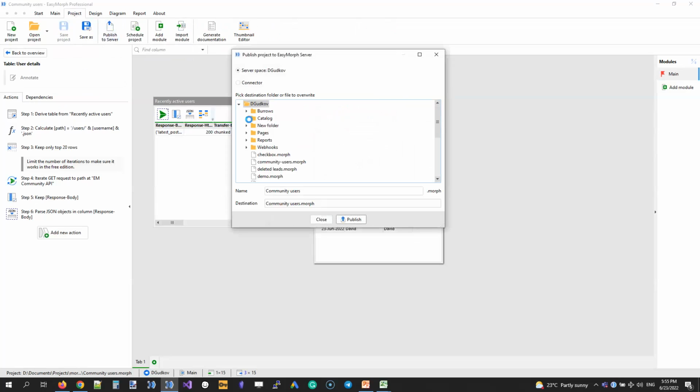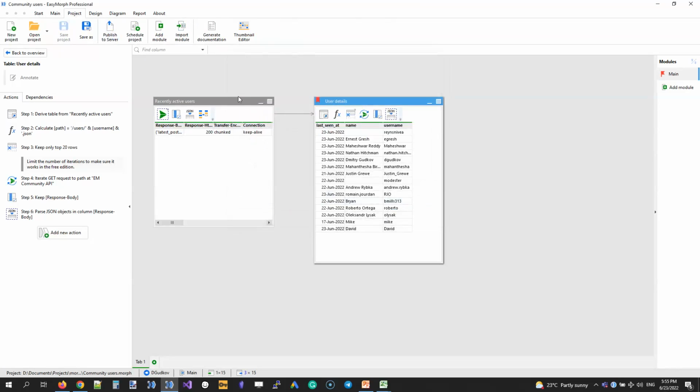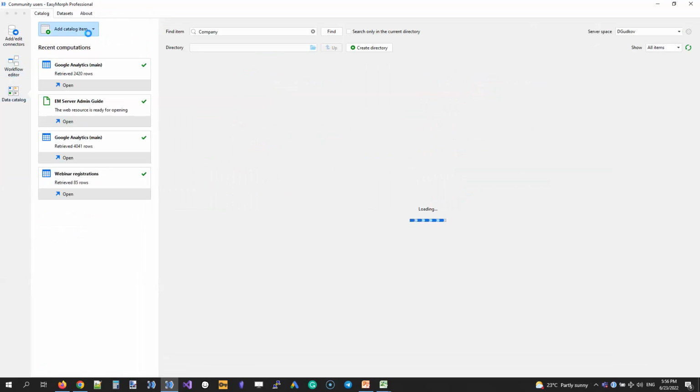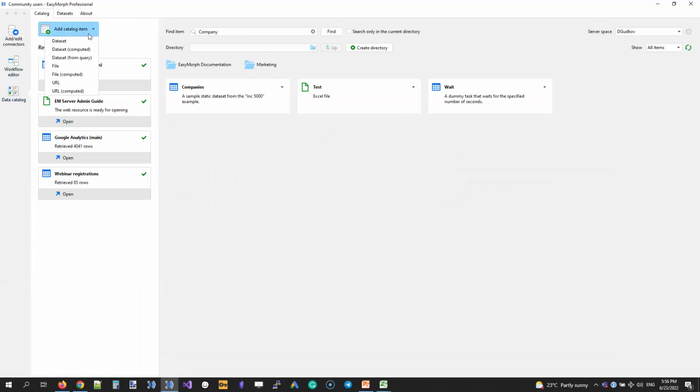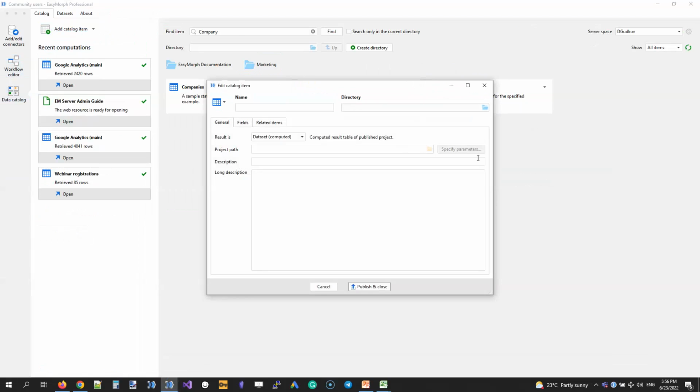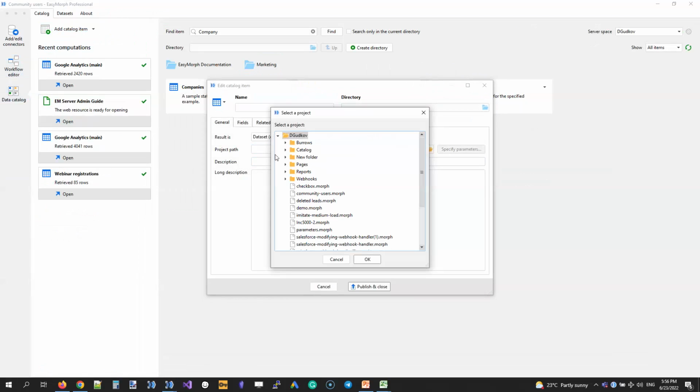Let's say catalog action, community users. Here we go. So I published the project. Now I'm going to the catalog, and I say add new catalog item, computed data set. And here I select the workflow I just published, community users.